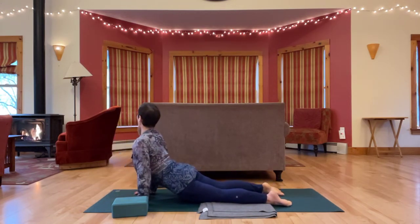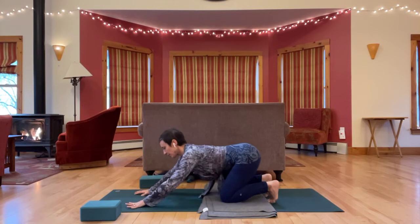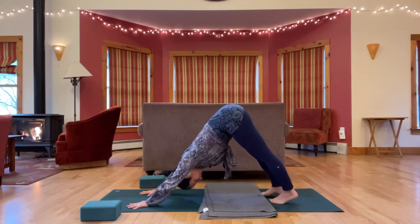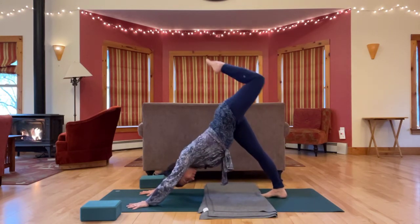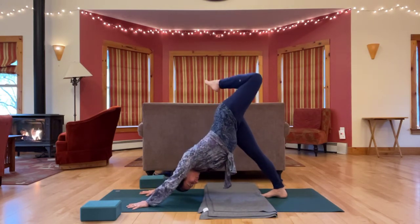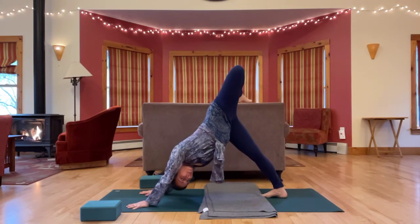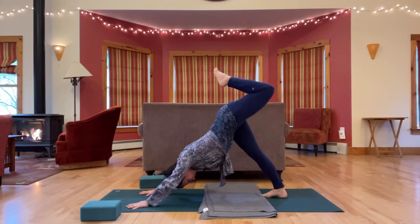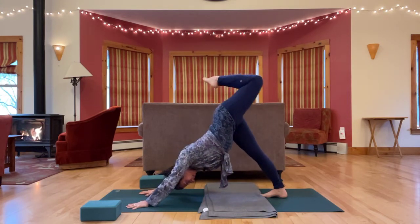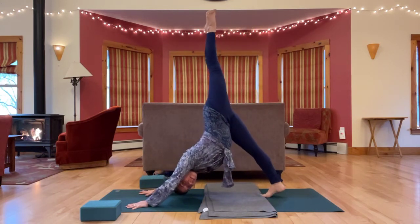Maybe moving in some other way. Taking all the time you need for all your transitions. Eventually find your way to down dog, and then let's take the left leg up. Bend your knee in and start circling this bent left knee. Next time your leg is up, reach it straight, send it a little higher, and then a big step forward,